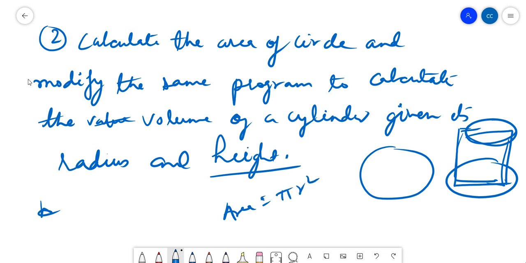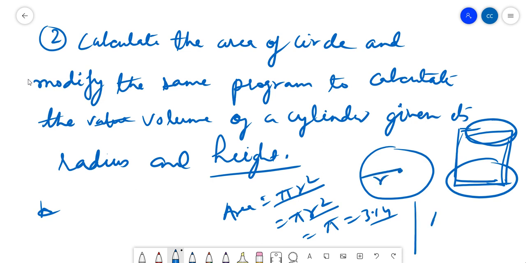पाई आर स्क्वायर। व्हाट्स द फॉर्मूला ऑफ सर्कल? पाई आर स्क्वायर। पाई वैल्यू इज 3.14, आर मीन्स रेडियस, और सिलेंडर का फॉर्मूला क्या होता है? पाई आर स्क्वायर एच, मीन्स पाई इंटू रेडियस का स्क्वायर इंटू हाइट। सो यही होता है।